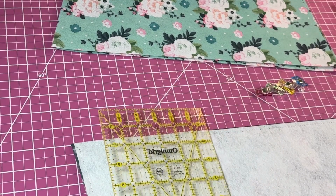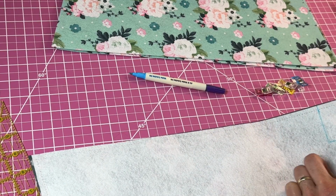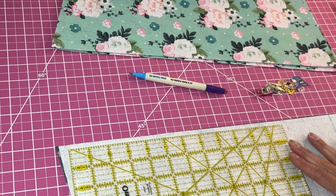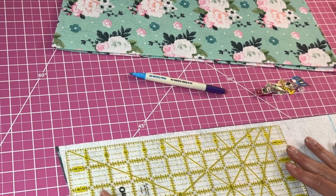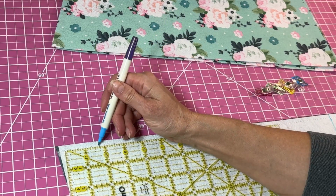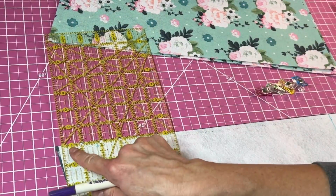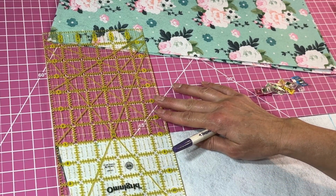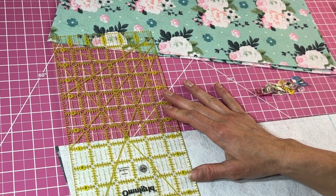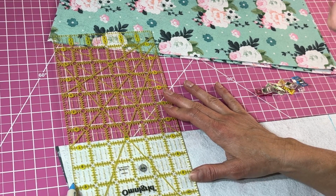Okay, next you're going to grab your ruler and your marking tool, and we are going to give ourselves some guidelines to box the corners. There are several different ways of doing this, but the way I'm doing it today is I am marking in. I'm just going to line up the ruler to my stitching line, and I'm going to mark in 1 3/4 inches in, and then I'm going to flip the ruler over, and I'm going to use my guideline to make sure that I have a good square, and I am going to